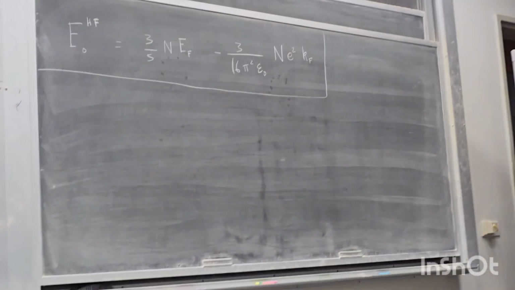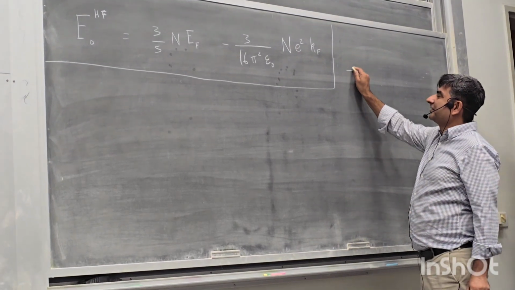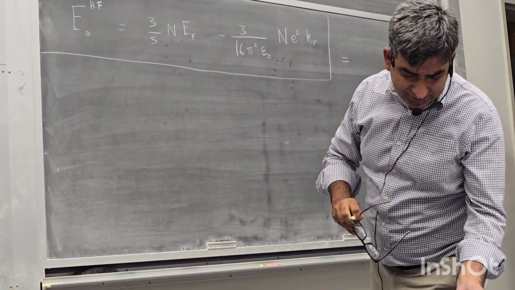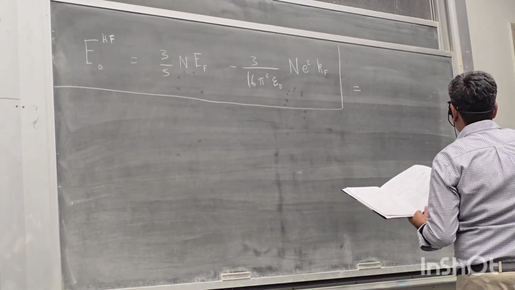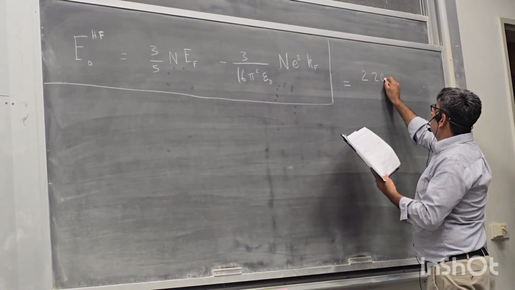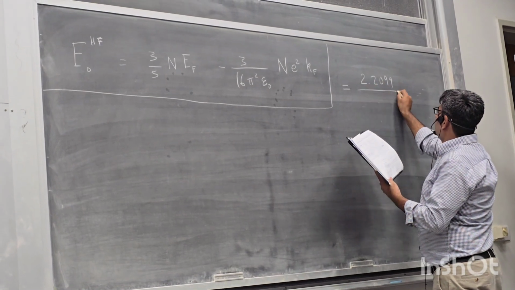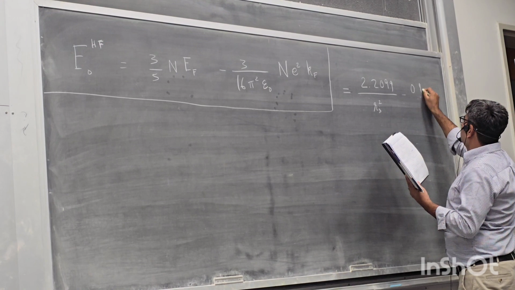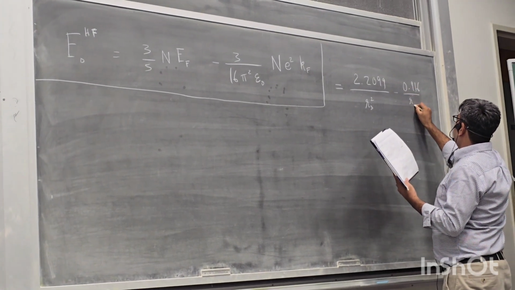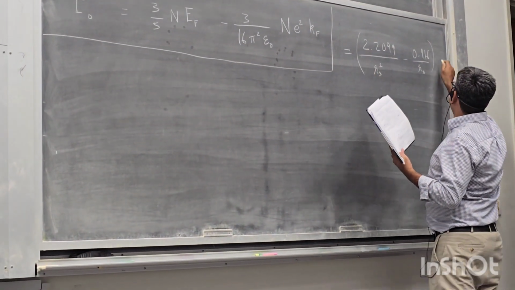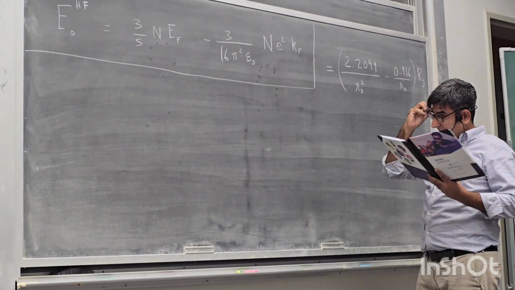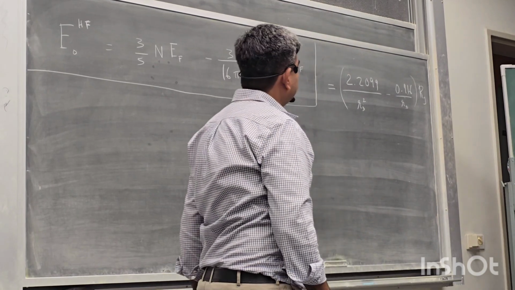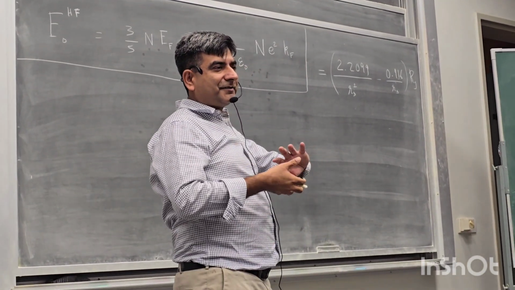Alright, so now this is our, and then we also simplified this a bit further. Remember we wrote this as 2.2099 RS squared minus 0.916 RS multiplied by the Rydberg energy, 13.6 electron volts. Correct? Where RS is defined as a parameter,